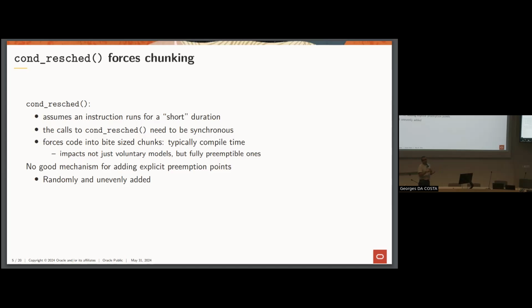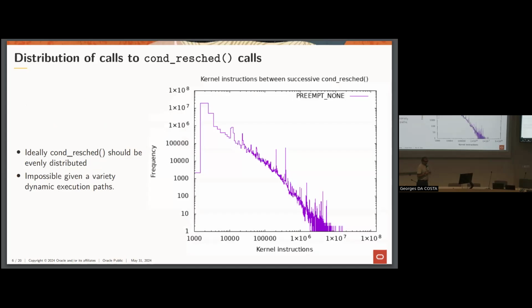And then the other problem with cond_resched is that there's no real good way of adding them. You typically add them kind of randomly, as you find soft lockups, splats, and so on. So I wanted to see how frequently we call cond_resched,